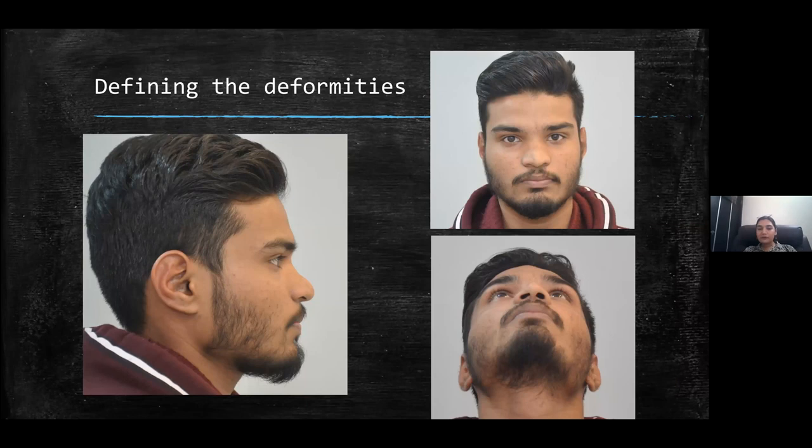Once you examine the patient, you should be able to define the deformities. For example, in this patient, as you can see, there is lowering of the bony dorsal profile, the cartilaginous profile. The tip seems to be a little bit droopy. The nasolabial angle is closed. If you see the frontal view, you can see lack of dorsal aesthetic lines here. There's a broad nose. If you compare the intercanthal distance, it is a broad nose. If you see on the basal view, there is some weakening of the right alar cartilage leading to asymmetry in the nostrils. So you should be able to define all the deformities so that you can formulate a plan accordingly.